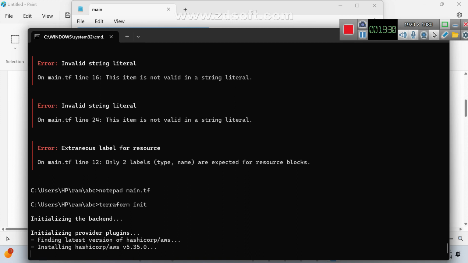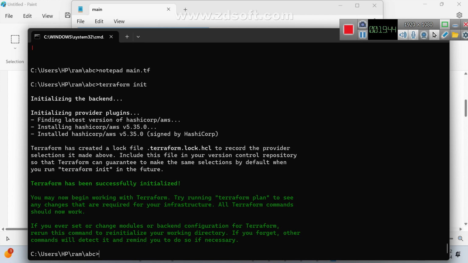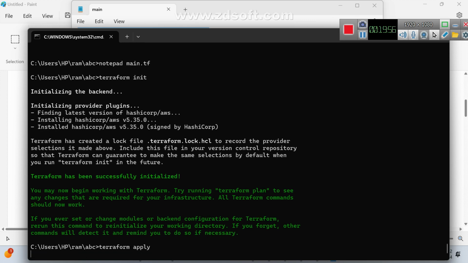Here we may panic, wondering whether we did the right thing or the wrong thing. Once the provider plugin is downloaded, what is our intention? Terraform apply. What is happening? It may ask us again.